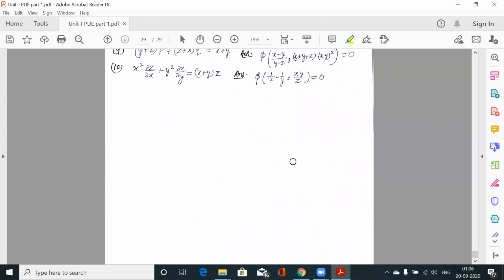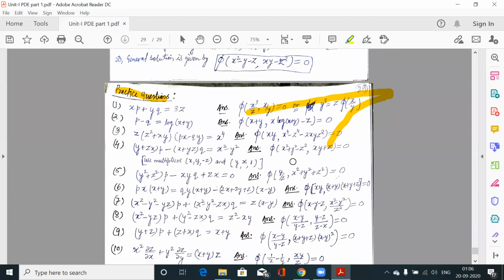So the topic was to find the solution of first order PDE. If any PDE, partial differential equation, is of first order, whether it is linear, Cauchy linear or semi-linear, we can use Lagrange's method to solve it. If it is not of first order, then we have different methods, which we will discuss in the coming lectures.